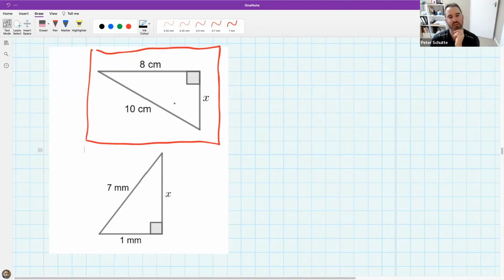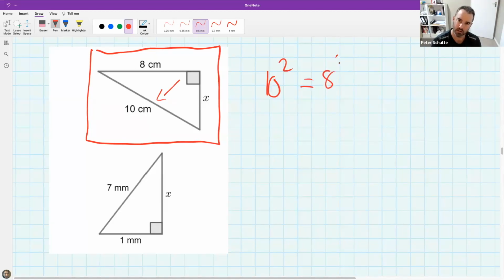Which is the important side for Pythagoras? That's the important bit. So I know this is the hypotenuse. So I know 10 squared must be equal to 8 squared plus x squared. And I must give my reason,